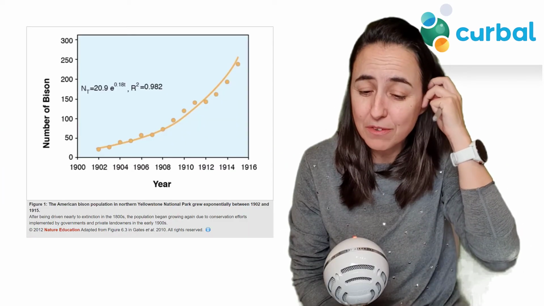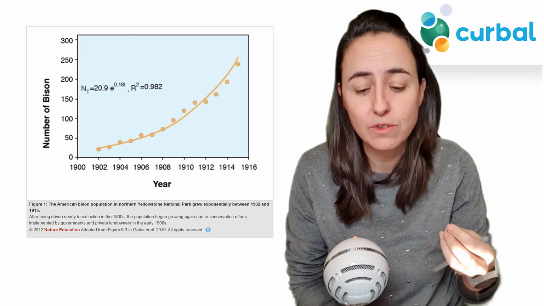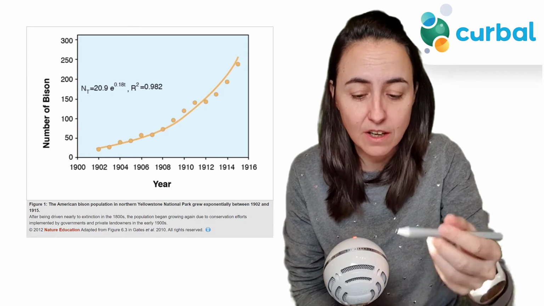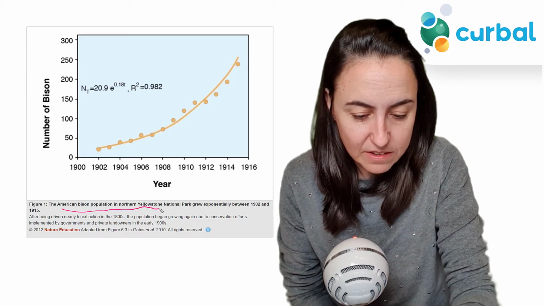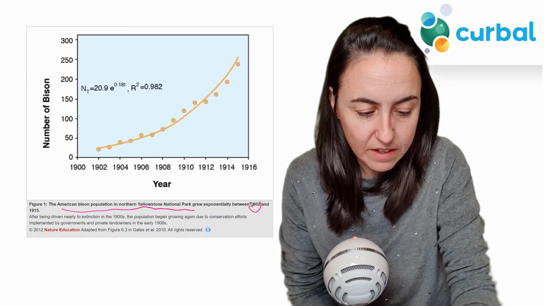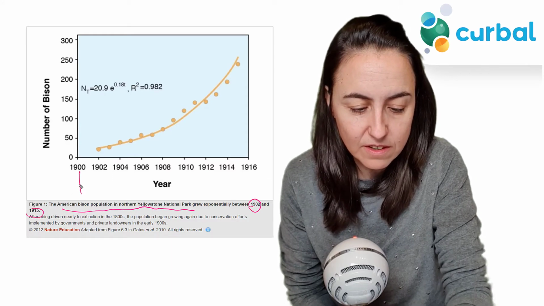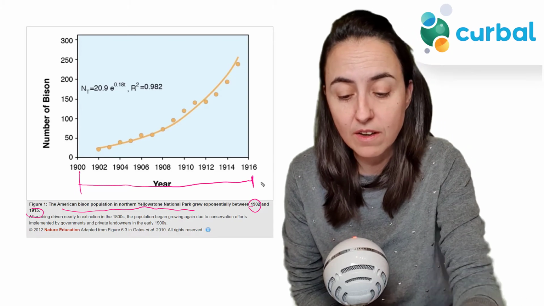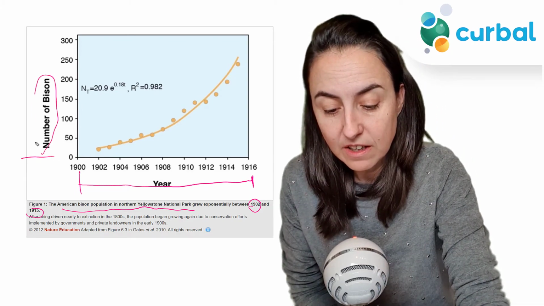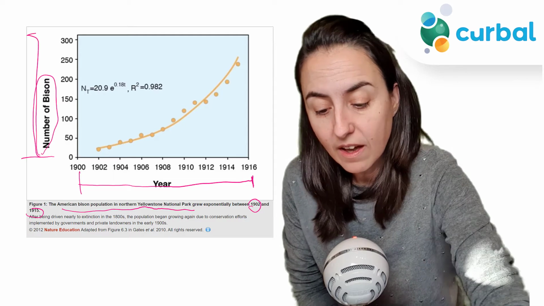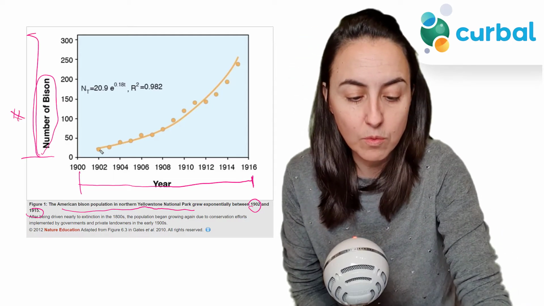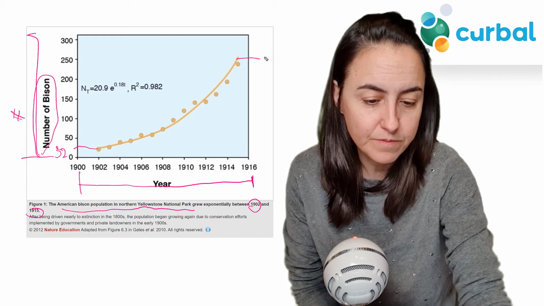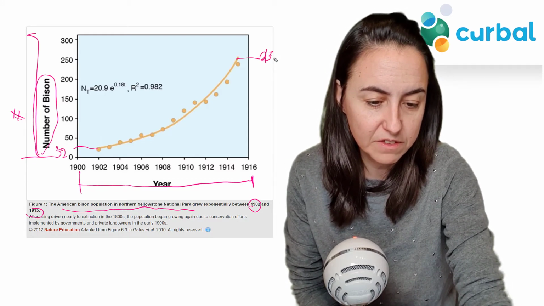So here's the thing, before we wrap this up, I want to show you a chart where they did things correctly. Let me show you. This is the number of bison, the American bison population in Yellowstone National Park between 1902 and 1915. You can see here that the x-axis actually represents the years that they are talking about. On the y-axis, it says very clearly the number of bison, and they also have it in absolute numbers. So it went from around 32, the actual numbers are in the article, to 100, 250-something,